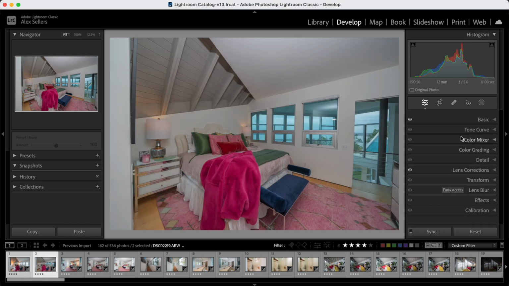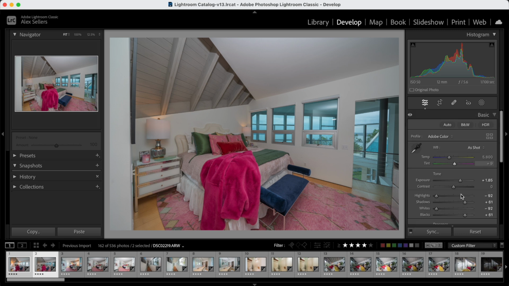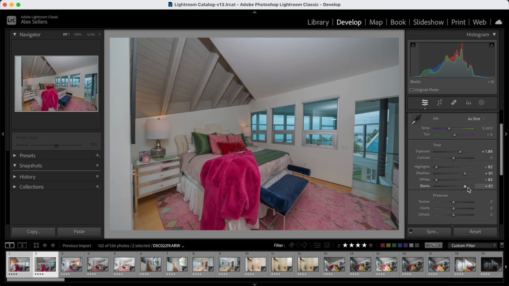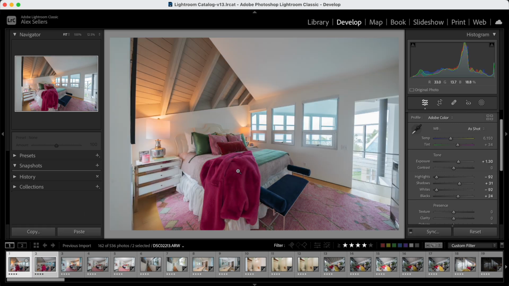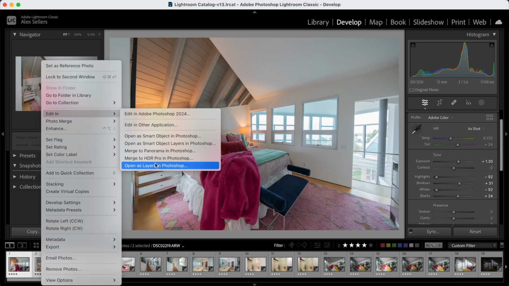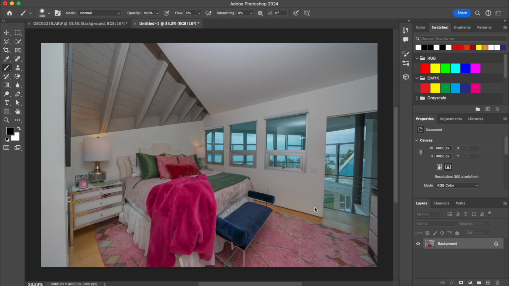And so this here is the flash picture, so I just copied and pasted those same adjustments here: highlights, shadows, whites and blacks, lens correction. We just copied and pasted, like I said, over to the flash photo, so that the lighting once again is evened out. And the goal is just to make a very evenly lit photo where you can see the shadows, the highlights, see out the window, see, you know, in the corners, wherever, so it's not so harsh. So we're going to select both of them, open as layers in Photoshop,